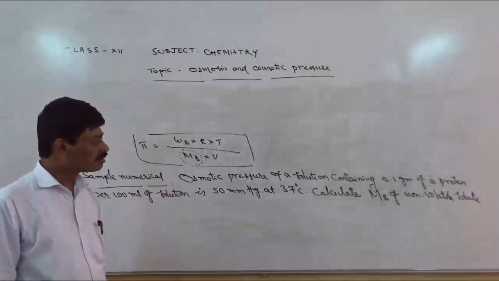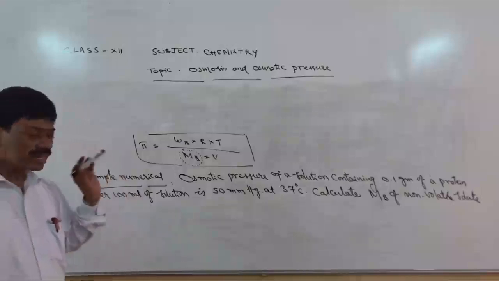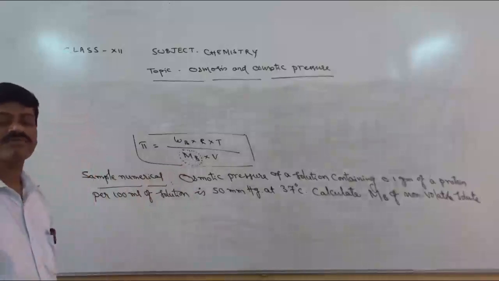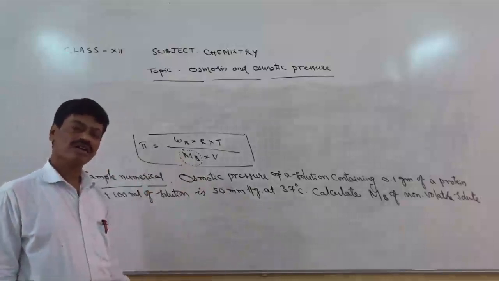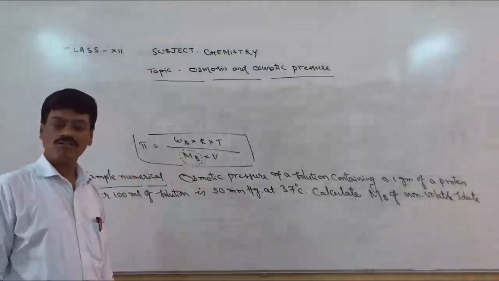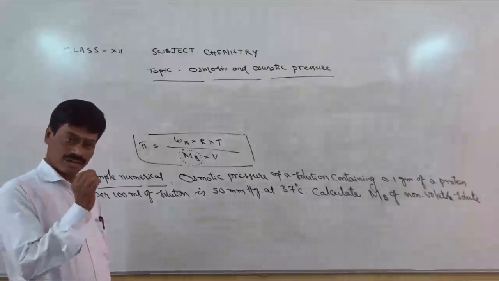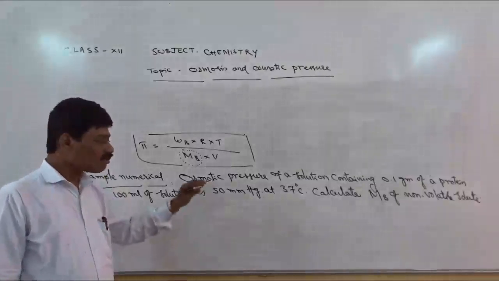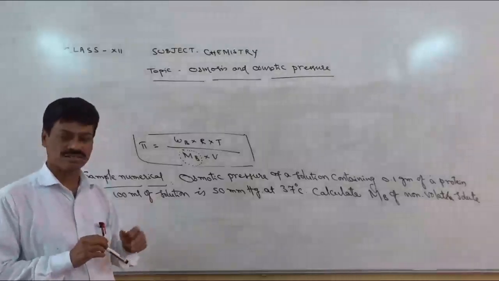So what data is given, that you need to write as it is. That carries half mark. Next, the formula required is to be written. Half mark. So half plus half, 1 mark over. The data should be substituted in the formula. Again half mark. 3 halves over. The fourth half mark is allotted to cancellation and the result, final answer with suitable unit. So in that way, marks are distributed. That's about the marking scheme of the numerical if it carries 2 marks.